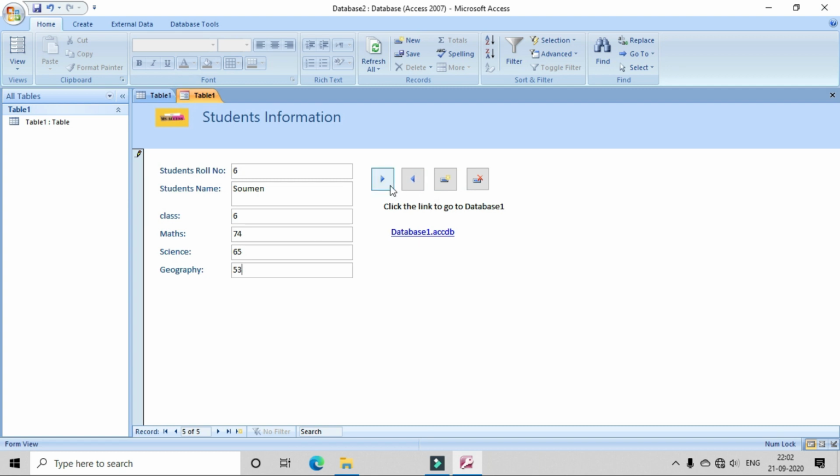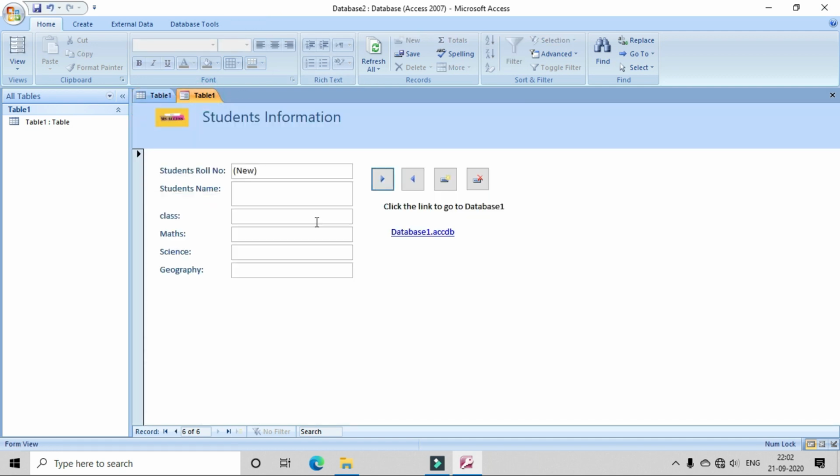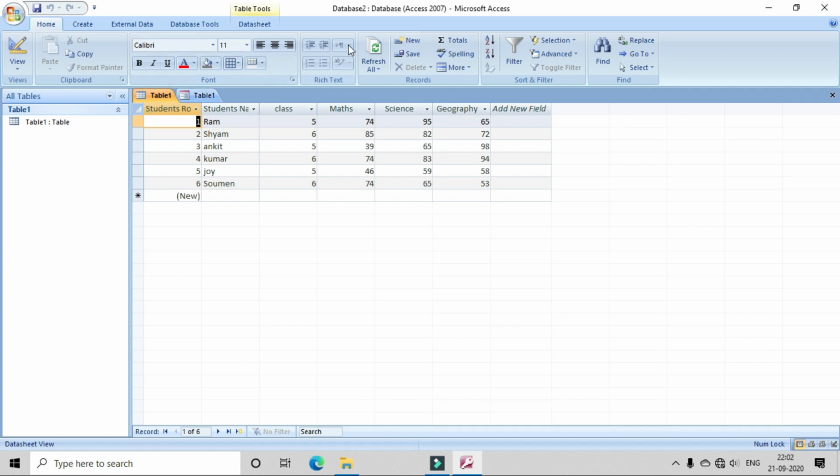Okay, so for that we have to click on next. That means this 6th roll number is saved. See, it will appear here. So as I keep on entering the data here, and as we click on refresh, all the data is automatically updated here.